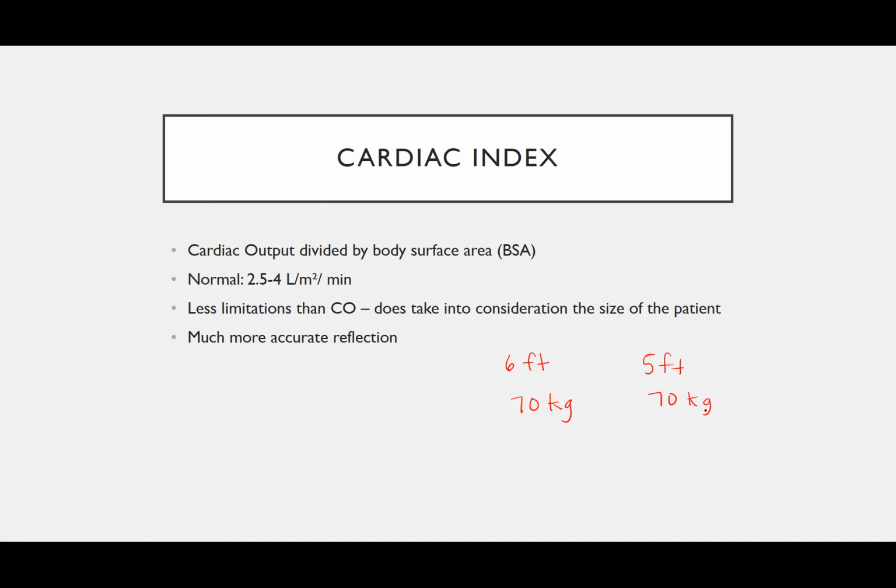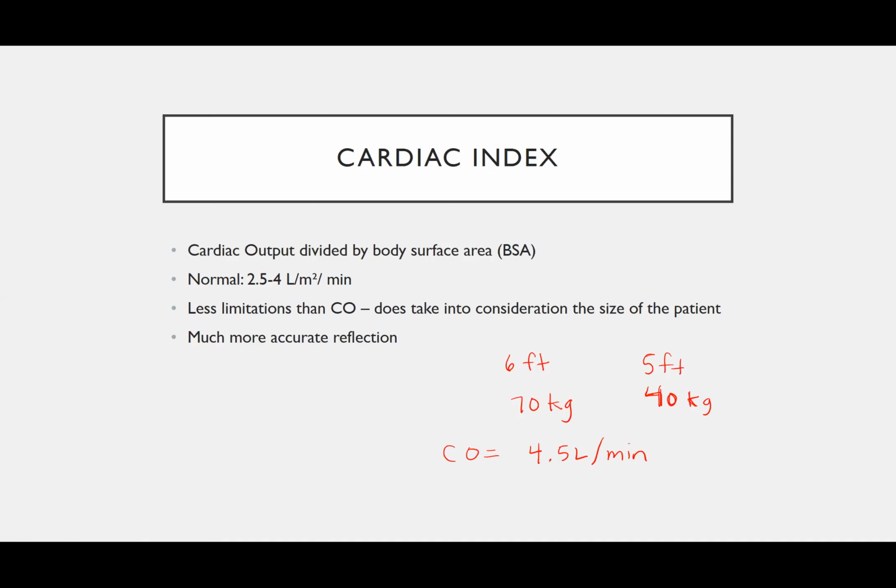And both of these patients have a, well, actually, I'm going to make this person much lighter. I'm going to say 40 kilograms for the 5 foot tall person. We'll make them a little bit healthier. So, both of these individuals have a cardiac output of 4.5 liters per minute. Remember, if normal is between 4 and 8, 4.5 is within the normal range of a cardiac